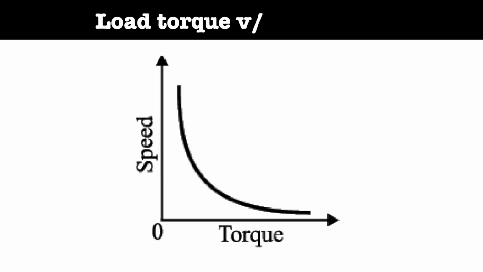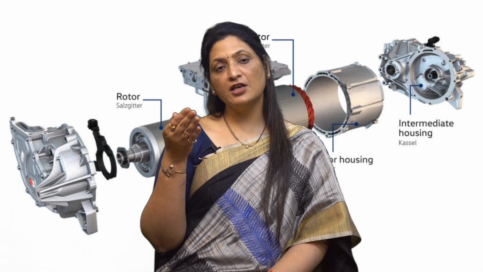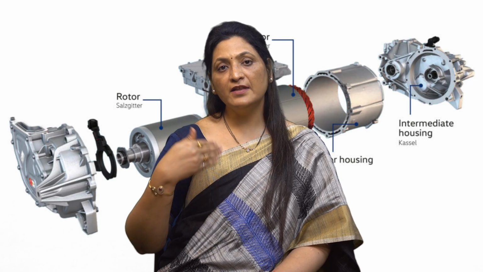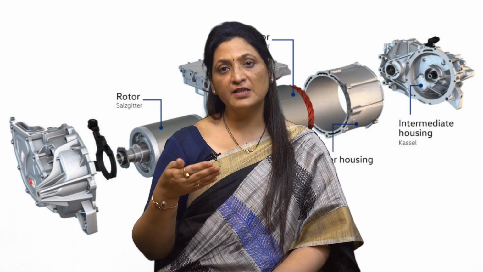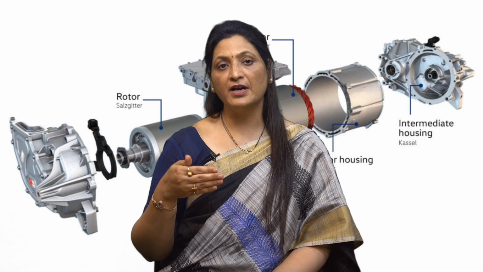Then we have load torque, which varies as 1 by speed. This occurs where deformation of material takes place, for example in grinding and metal drawing. The second one is the variation of load torque with time. Depending upon the time for which the load exists on the electric drive, the load torques can be classified as